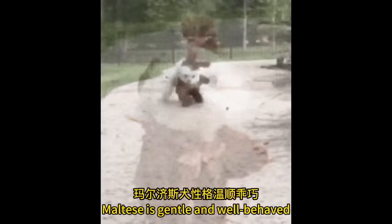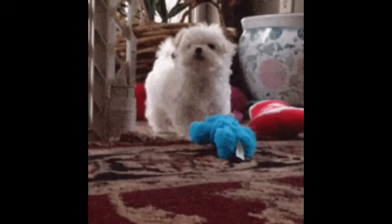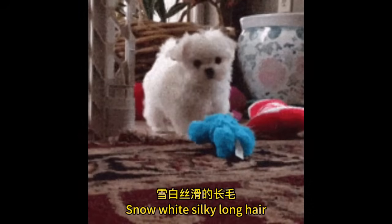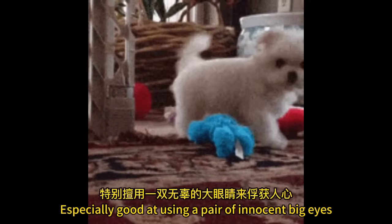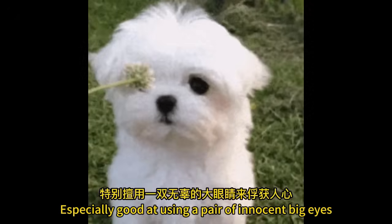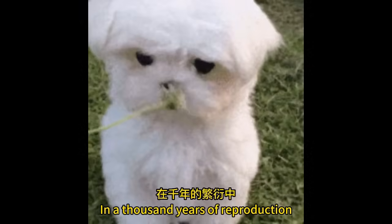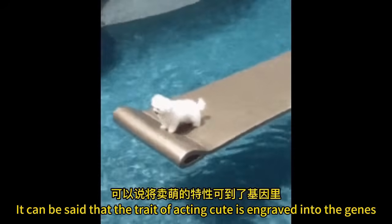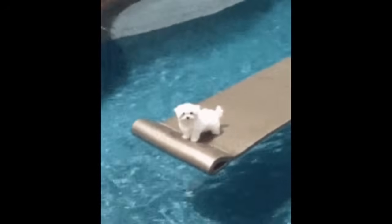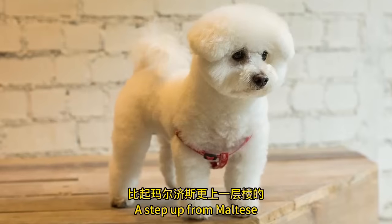Maltese are gentle and well-behaved, coquettish and hospitable. With snow-white silky long hair and a lively, lovable personality, they are especially good at using a pair of innocent big eyes to capture hearts and minds. In 1,000 years of breeding, it can be said that the trait of acting cute is engraved into the genes. Technically acting cute, a step up from the Maltese,